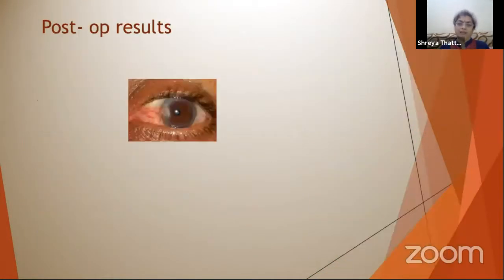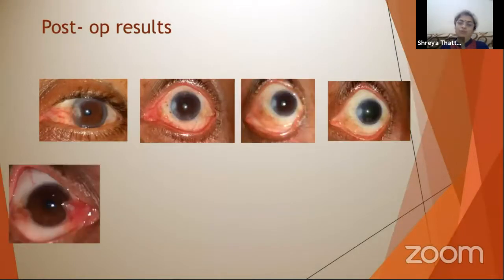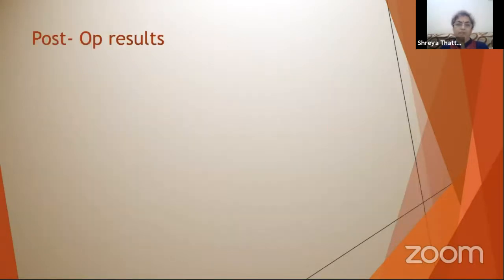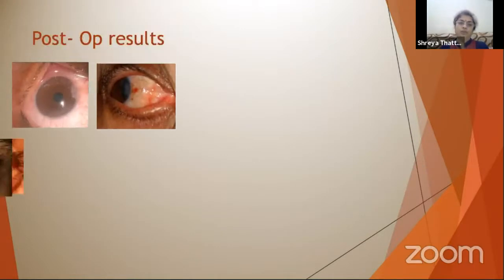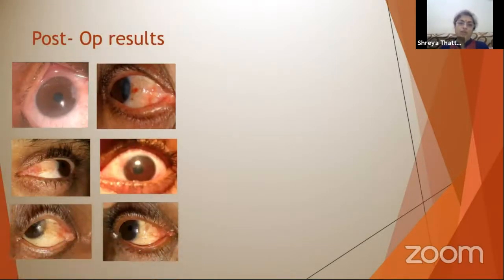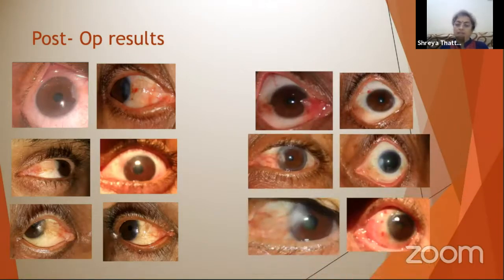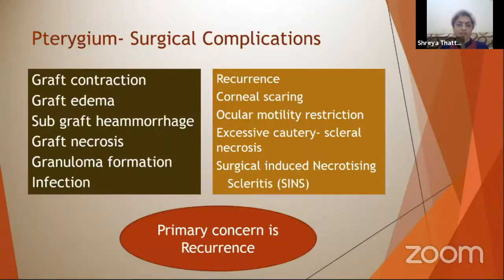Similar to a SLET technique. So this technique gives you very encouraging results. Those videos we have seen, these are the post-operative pictures of the same patients, and a few more post-operative pictures showing the results of the SLET as well as the conjunctival limbal autograft. So if you do the dissection nicely and cover the bare sclera, you can get satisfactory results.